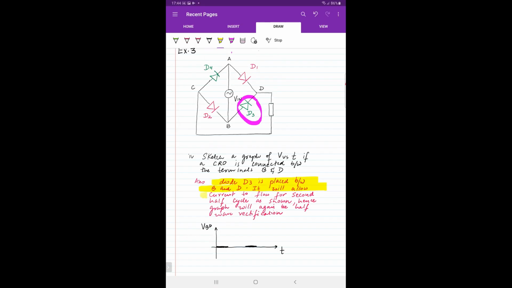It will allow current to flow not for the first half, rather मैंने लिखा है, as you can read appropriately, it will allow the current to flow for the second half cycle. Hence, the graph will once again be that of a half wave rectification, with one difference. जब जब रेड वाला कंडक्ट करेगा, तो ग्रीन वाला नहीं करेगा, और जब ग्रीन वाला करेगा तो रेड वाला नहीं करेगा. So this diagram